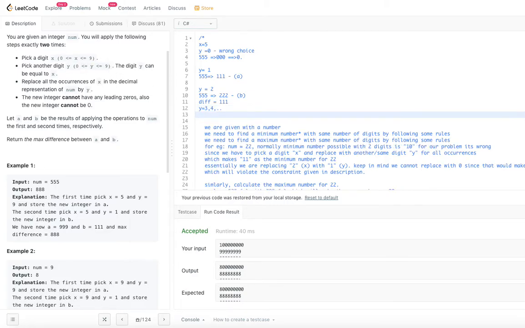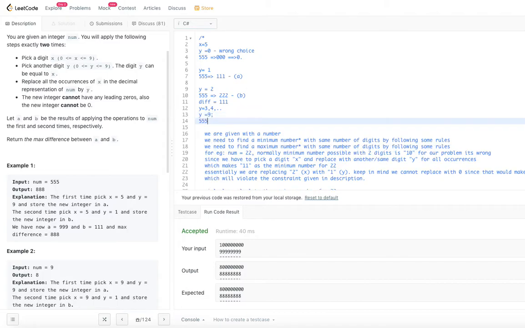So let's pick 9, right? So if you can transform 5, 5, 5, it will become 9, 9, 9. So now our B is this. So we have generated so many combinations of A's and B's. We have picked 1, 2, 3, 4 until 9.